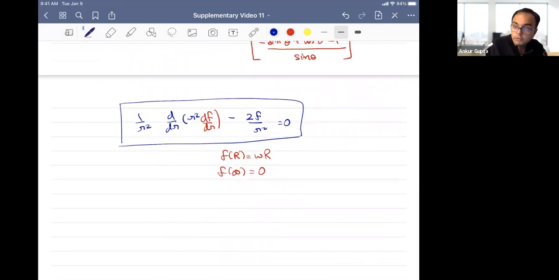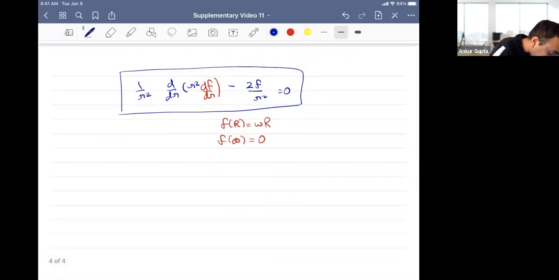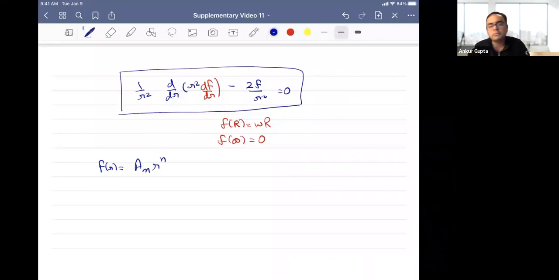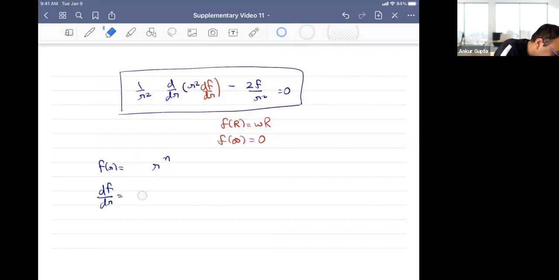And this is also something new you are learning in this problem, and we will see this in the class on the two-dimensional flow also, that this can have a polynomial expansion, which typically should fit these spherical coordinate equations in r, like a n raised power of r raised power of n. So what do I mean by that? For instance, if I do df by dr, this a is a coefficient. I do not know about this. Let's just call it a, so that we don't get confused. So a times n times r raised power of n minus 1.